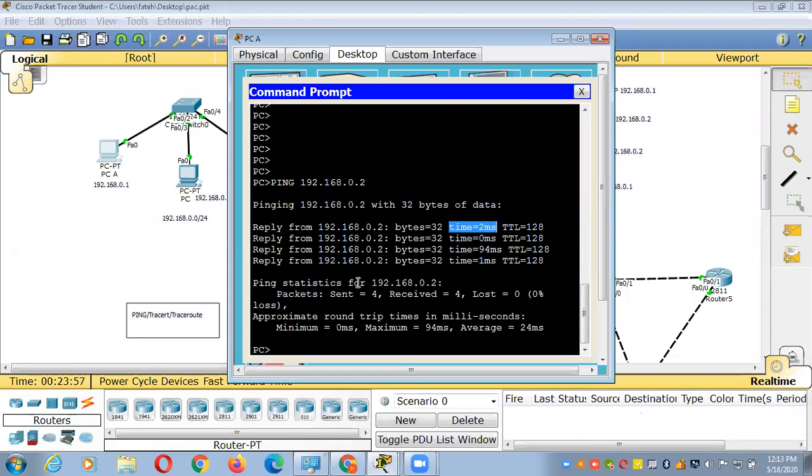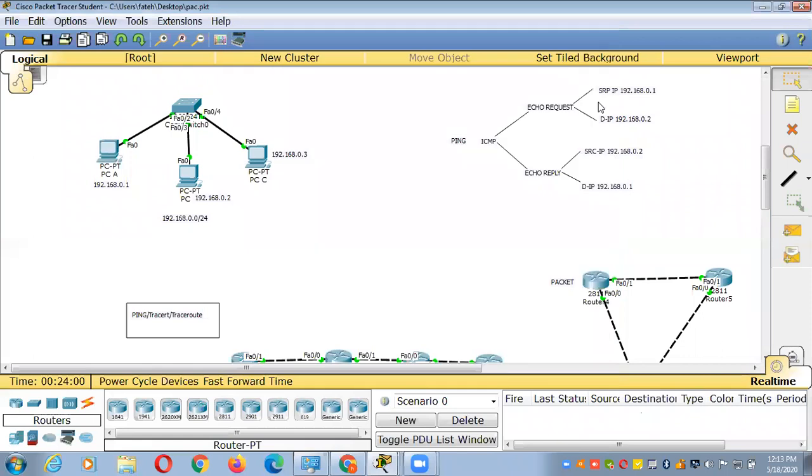When system A sends the traffic to system B, that is called echo request. But system B will also reply, and when system B replies, that is called echo reply. Now you understand? Yes, sir. Okay.